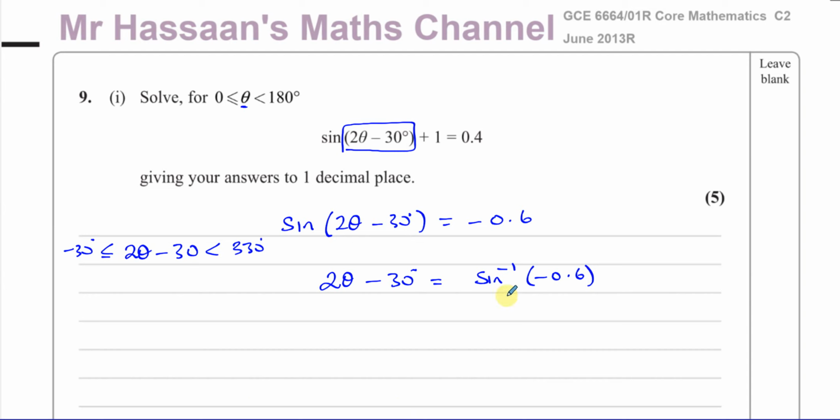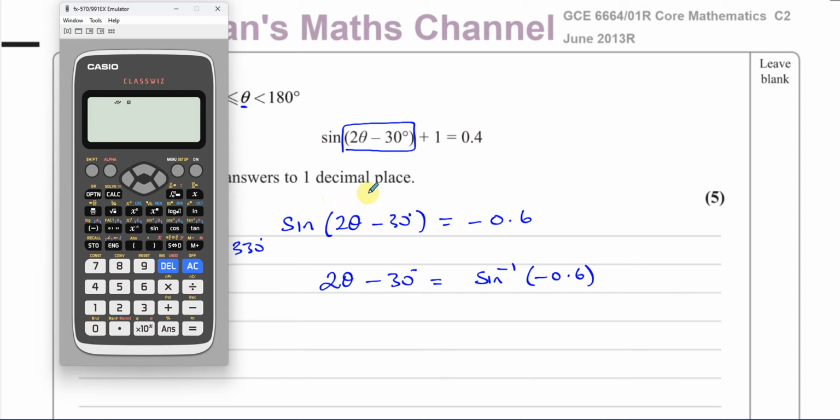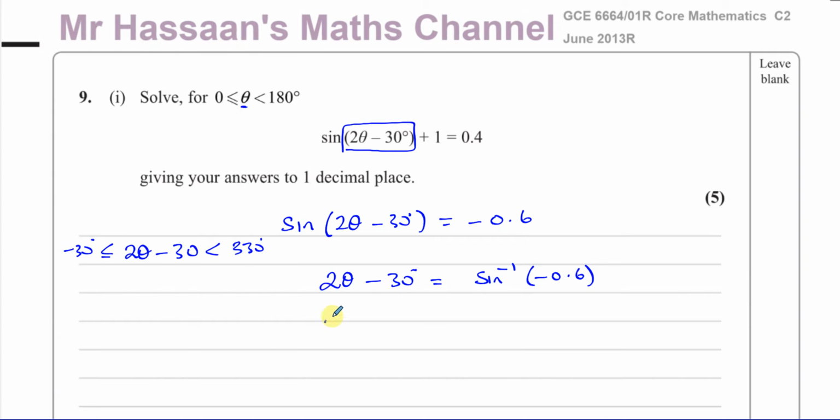Now I'm going to find the inverse sine of this angle, and the answer to 1 decimal place. I'll write them to more than 1 decimal place, and the final answer I'll round to 1 decimal place. I need to be in degree mode here because we're dealing with degrees, so I have to change my calculator to degree mode, which I've done. Then I press inverse sine of negative 0.6. That gives me an angle which is negative, negative 36.869. So I've got 2 theta minus 30